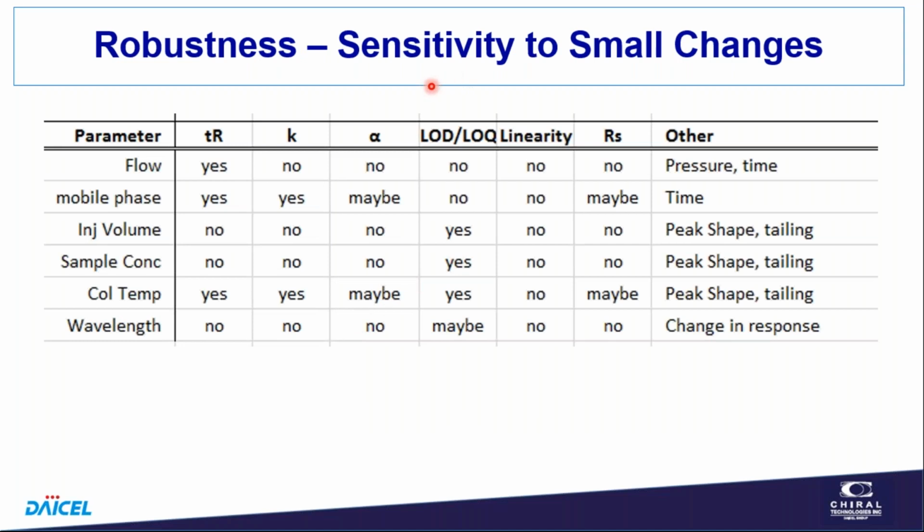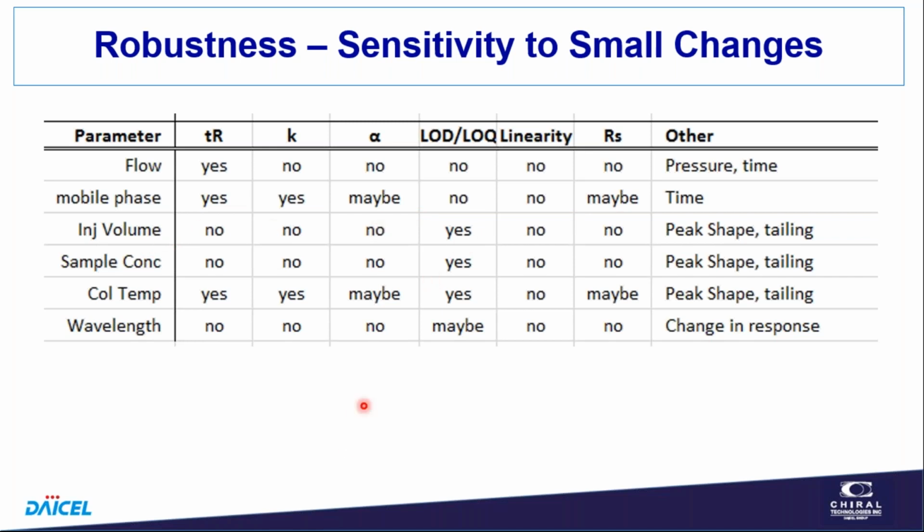And this is a table that I think we could assemble, and this is unrelated to chiral chromatography. This is something that you would do with an achiral separation too. So this is just sensitivity to small changes. If we make small changes in the flow rate, do we see differences that might affect the analysis? Make small changes in the mobile phase, what we'd expect is a change in retention generally, and certainly in reverse phase chromatography we would. Do we get a change in selectivity? Maybe not, just a resolution change, and so on.